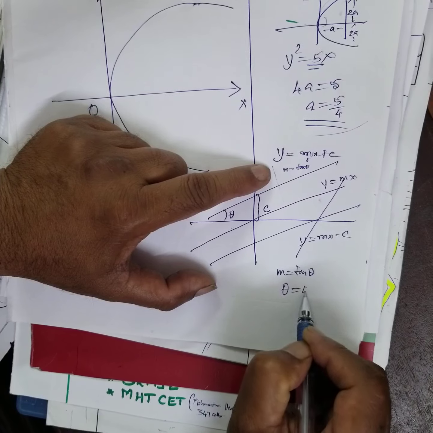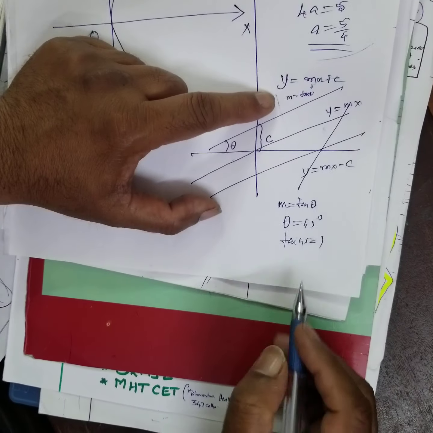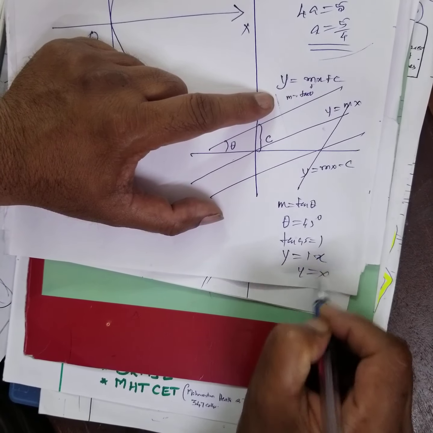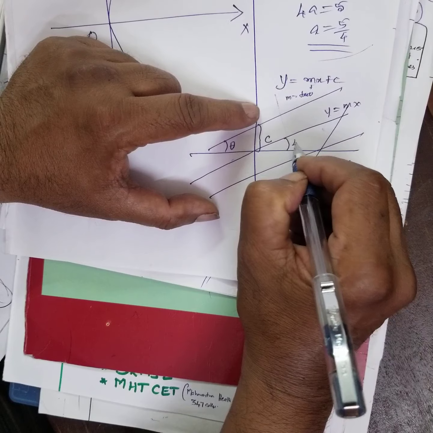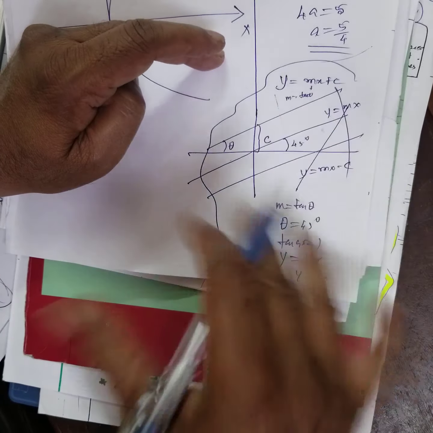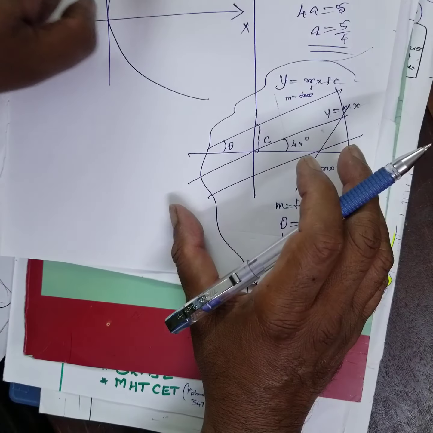Suppose theta is equal to 45 degrees, what will we write? Tan 45 equal to 1, isn't it? When tan 45 is equal to 1, y is equal to 1 into x, y is equal to x. Can you follow? Therefore, definitely you can say it is 45 degrees. This is a line. All these things you should have worked out before itself. All the things will flash in your mind when you look at this itself.